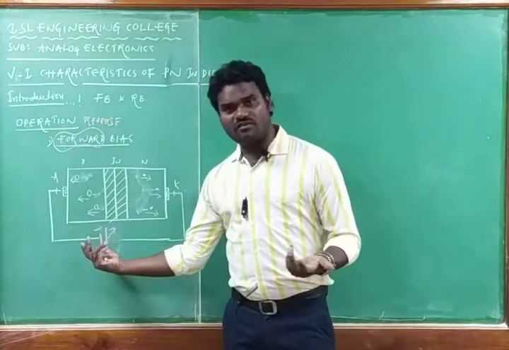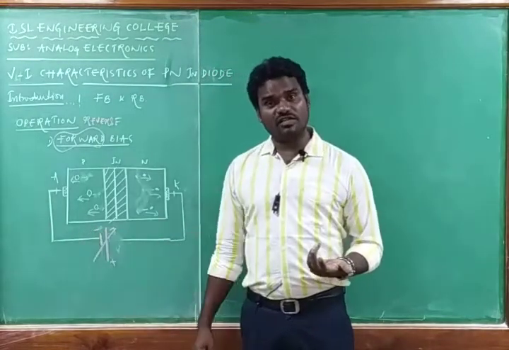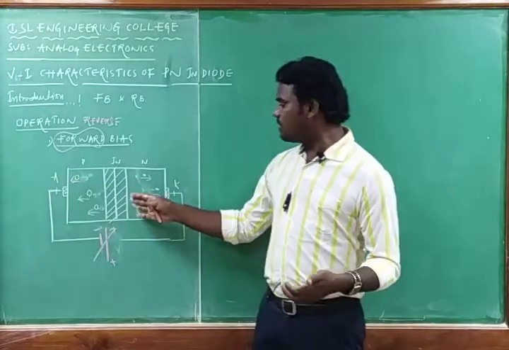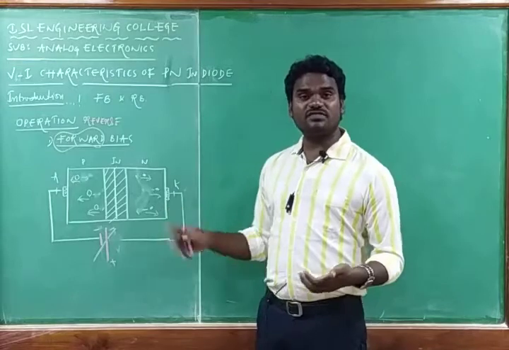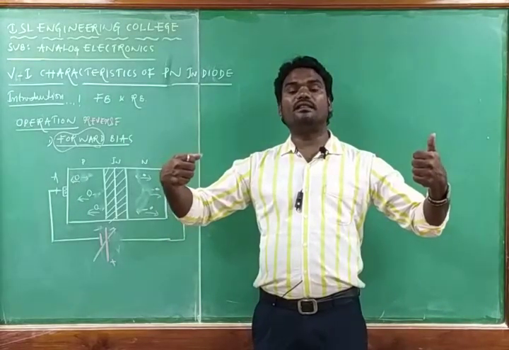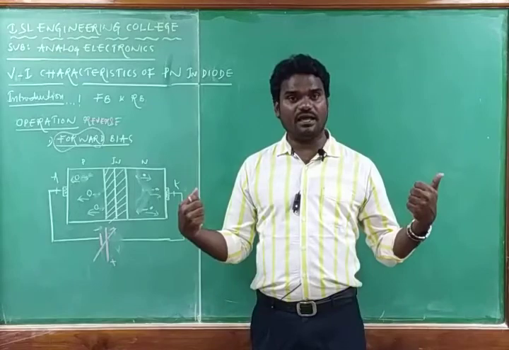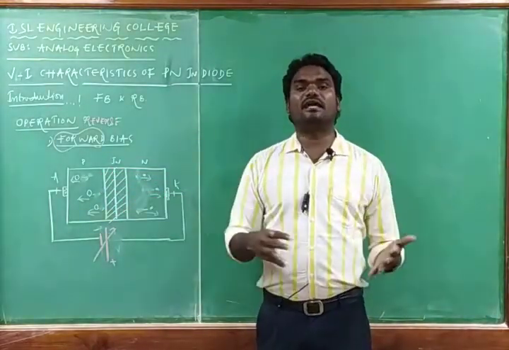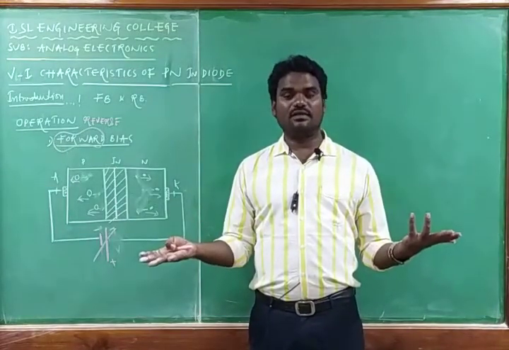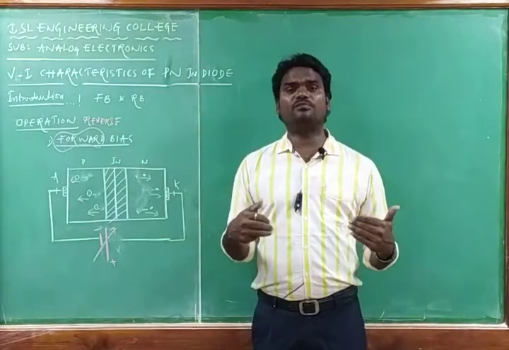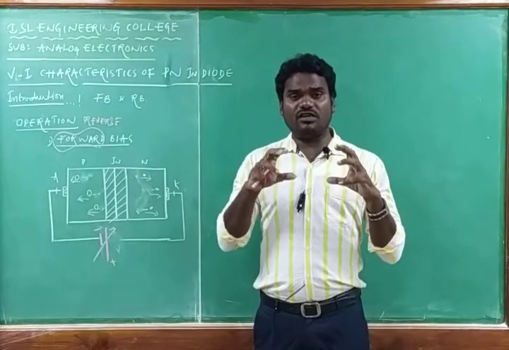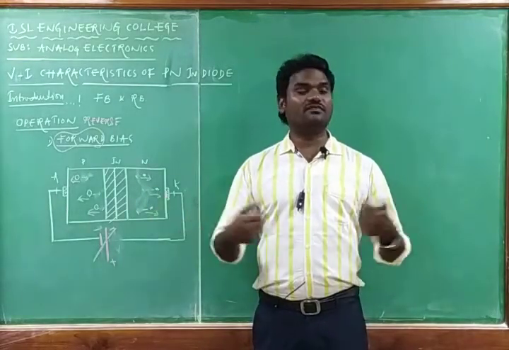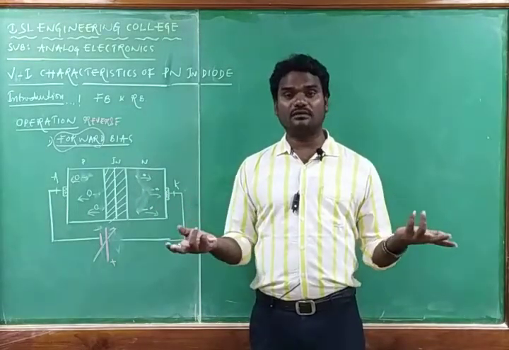Again I am applying more reverse bias voltage. Again more holes will be attracted towards the negative charge, and more electrons will be attracted to the positive charge. So again there will be an increment in the barrier potential or the width of the depletion layer. If the depletion width increases, no charge will move from one side to another side, so that there is no current. That means technically, in the reverse bias mode, as the reverse bias voltage is increasing, the width of the barrier is increasing, so that there is no current.